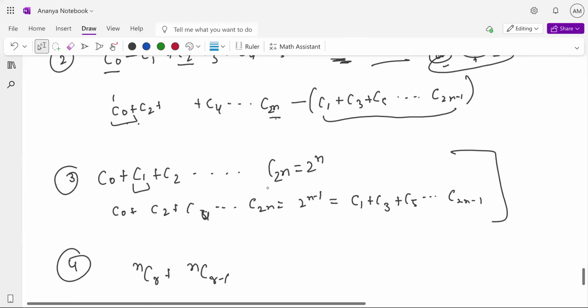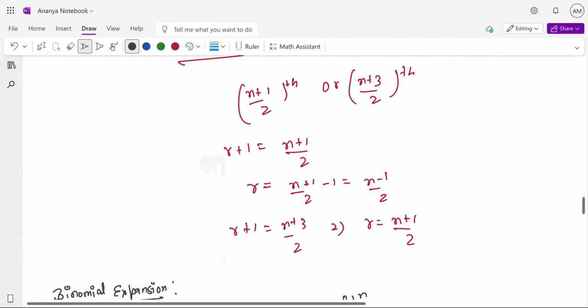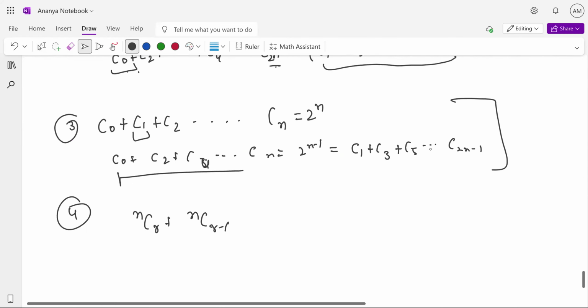No. Basically, look, I was just writing 2n to show you that we have even terms. Let's not write 2n here, for better clarity, because we can have odd terms also. It is not necessary that we will always have 2n. I showed you that it will also work for odd, right? Yes, sir. When the numbers are not even, it's still working. So it's better not to write this 2n. Okay. Yes, sir. I started taking an example of even, so that's why I used this 2n part. Okay, sir. Got it, sir.